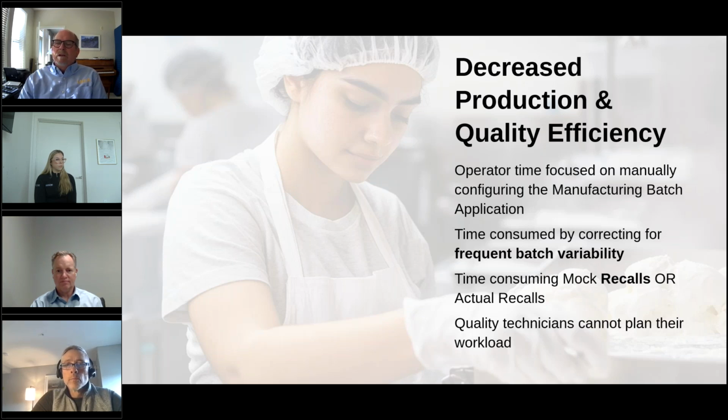You also may be looking at mock recalls to meet all the requirements of the federal government, FSMA, and so forth. You've got to be able to know if you can do recalls. How long is it going to take you to actually do the recall in times? And you're not sure what's happening, what's going to be produced next. Having the quality technicians ready for the product being produced, you're really not sure across the plant what's happening, good visibility. These decrease your efficiencies. And then on the next slide,